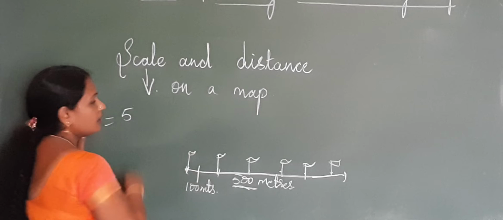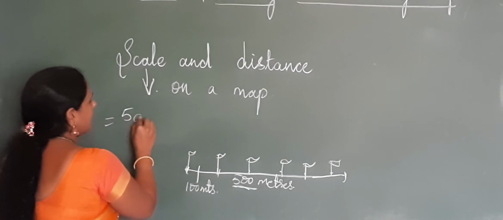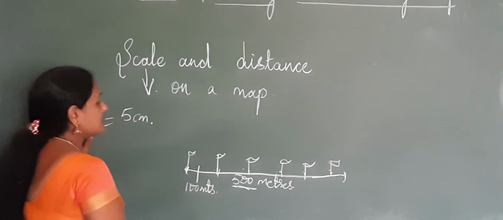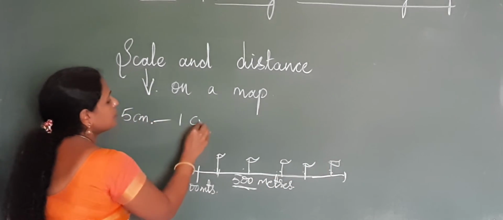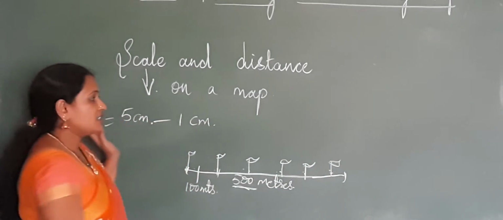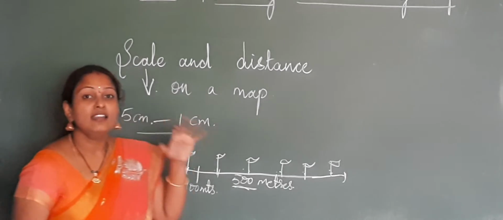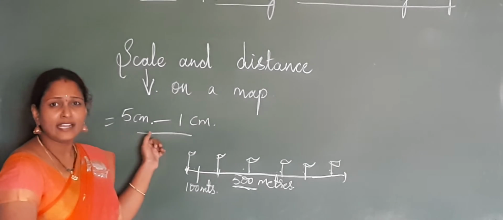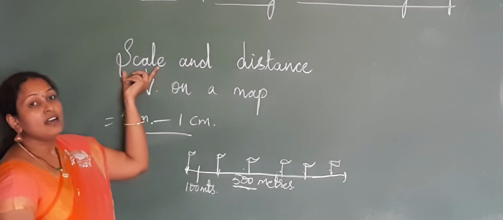So what did she take? 5 centimeters. Right? How many lampposts? 1, 2, 3, 4, 5, 6. 6 lampposts. Each lamppost for 1 centimeter. And her bridge map was ready with the scale. So what is a scale, children? Scale is nothing but